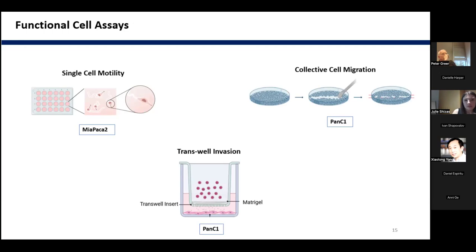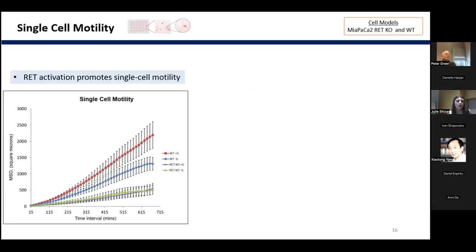So are these cells able to degrade a barrier, specifically in this case, Matrigel, and move towards a chemoattractant? When we look at single cell motility, we actually found that RET activation does promote this process. This graph depicts mean squared displacement, which is the area in which the cells moved over a 12-hour time period. We used a device called the IncuCyte Zoom, which took an image of the cells that I plated out every 15 minutes,